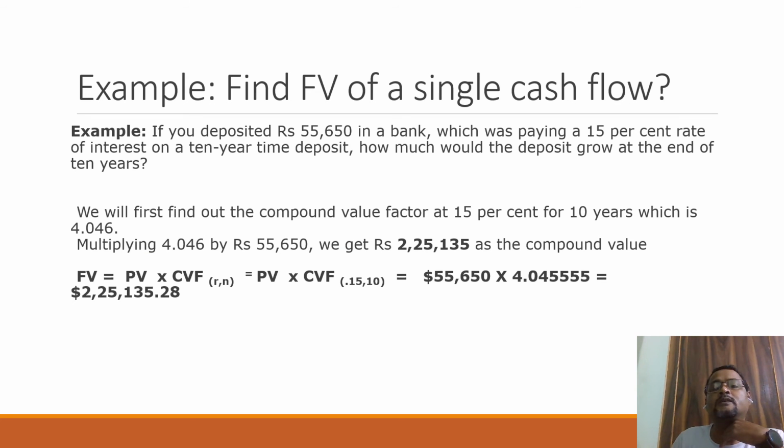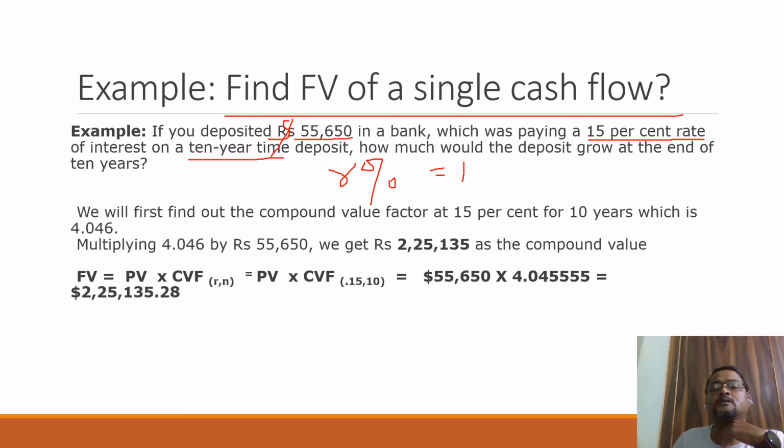Find the present value of a single cash flow. Another example, you see that you have deposited 55,650. You can take it as rupees or dollars. The interest is 15%, time period is 10 years. Our percentage is 15 and n is 10. So future value is CVF, R percentage, N, where R is 0.15 and N is 10. That comes to